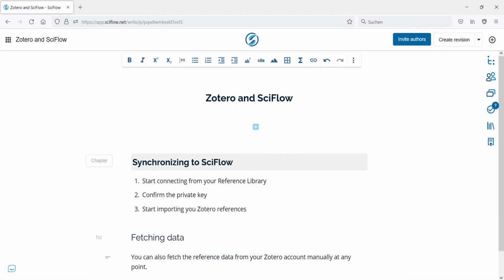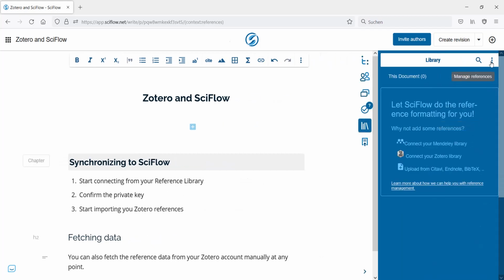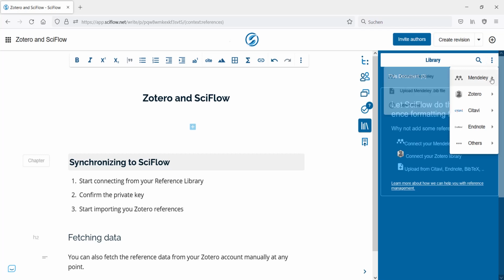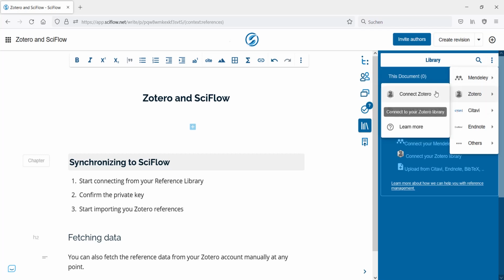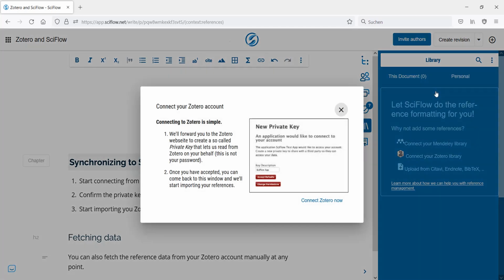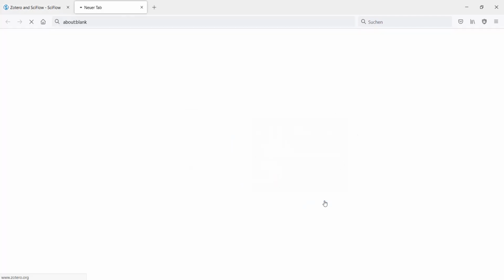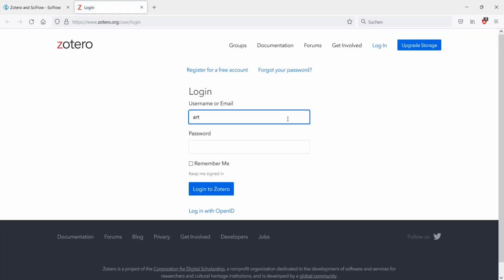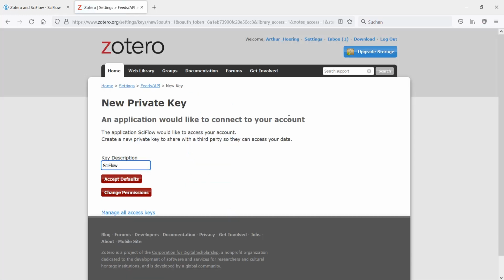Now, with a Zotero account at hand, the implementation of that account into SciFlow is rather straightforward. Within the reference library menu, you can organize your reference managers here. And from there, you only need to follow the steps presented under Connect Zotero. In essence, you'll arrive at a Zotero connection point where you log in with your previously made Zotero account. Following this login, you only need to confirm a necessary private key by hitting Accept Defaults, which ultimately concludes the